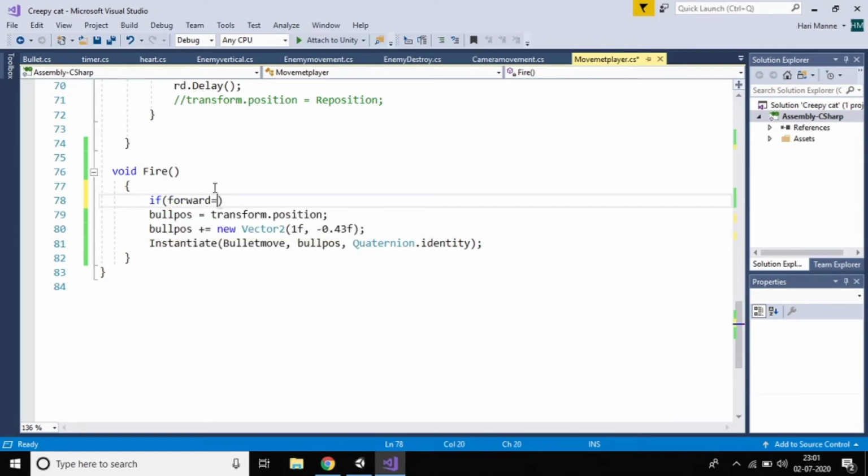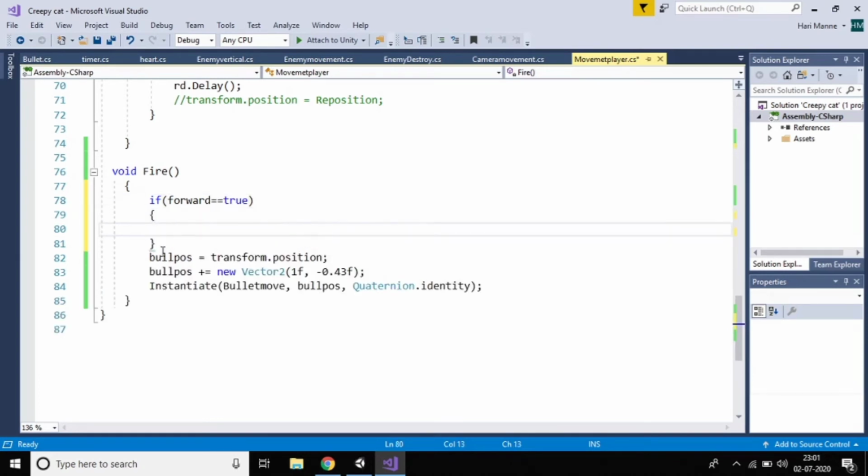If forward is equal to true, then copy this and paste it here. The bullet is equal to, instead of this, take new Vector2.